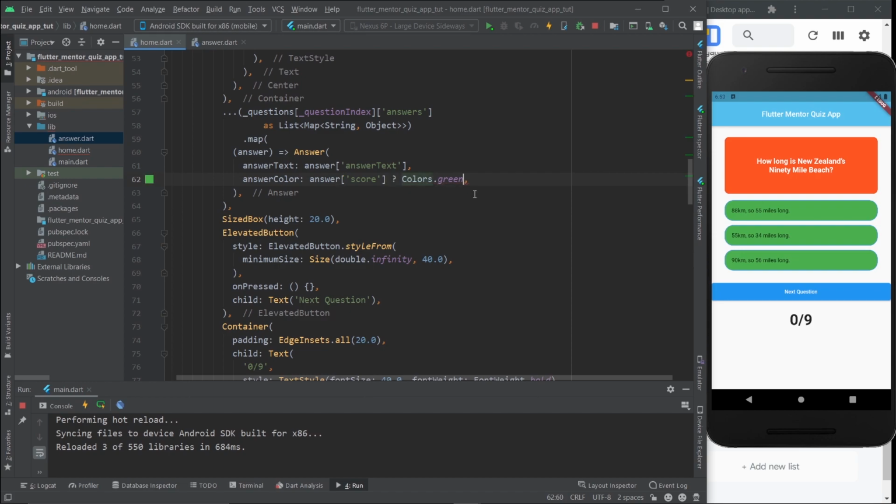So if it's true, it's going to be green, and if it's false, it's going to be red. If you don't know what a ternary expression is, it's very simply explained. It's just, if this is true, then do this. If this is not true, then do this. So I'm going to hit save, and now as you can see, the correct answer is green and the wrong